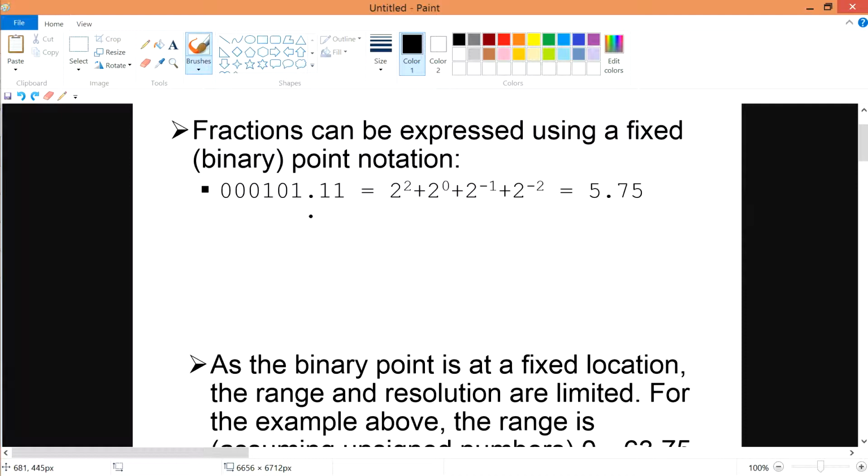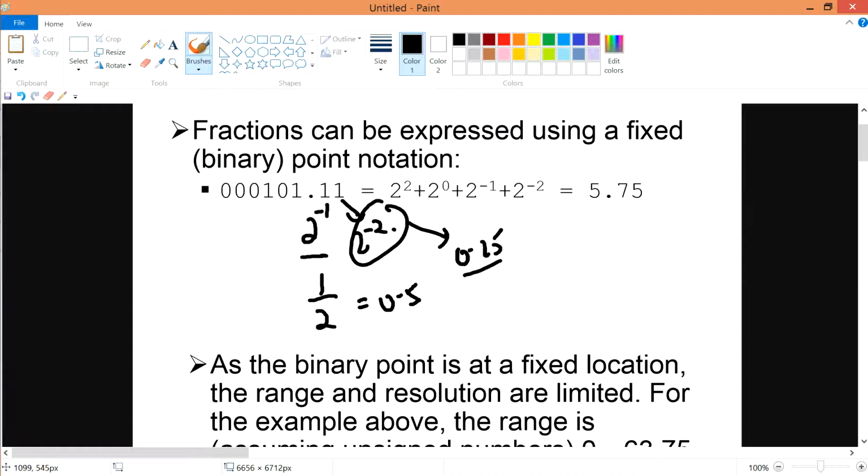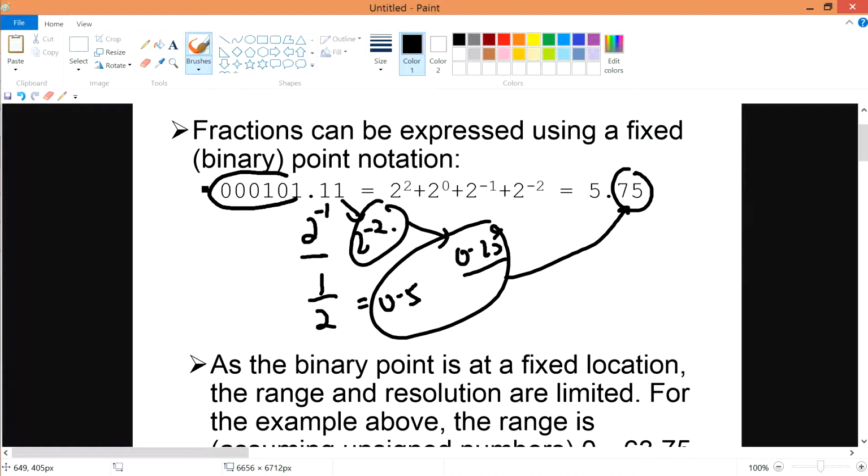This 2-bit is considered 2 to the negative 1, and this is considered 2 to the negative 2. 2 to the negative 1 is actually 1 over 2, so it equals 0.5. 2 to the negative 2 is actually 0.25 if you type it in a calculator. If you add up together you will have 0.75, while this portion over here is 2 to the power of 2 plus 2 to the power of 0,